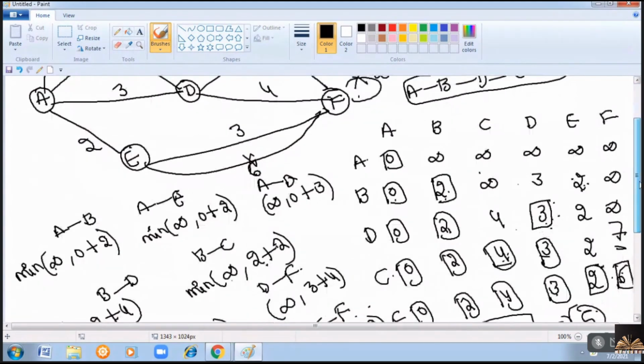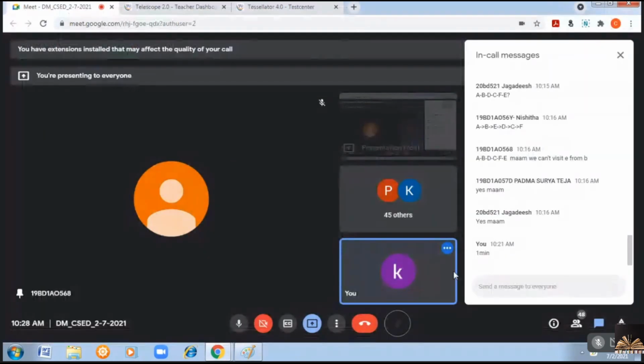So what you need to do is, in this second row, you got two values, right? So create another table by considering E, by marking E as permanent, and one more table. In another table, you consider B and mark it as permanent. So find the shortest path for both the tables. Which table is giving you the minimum value, that will be the shortest value. Is it clear?